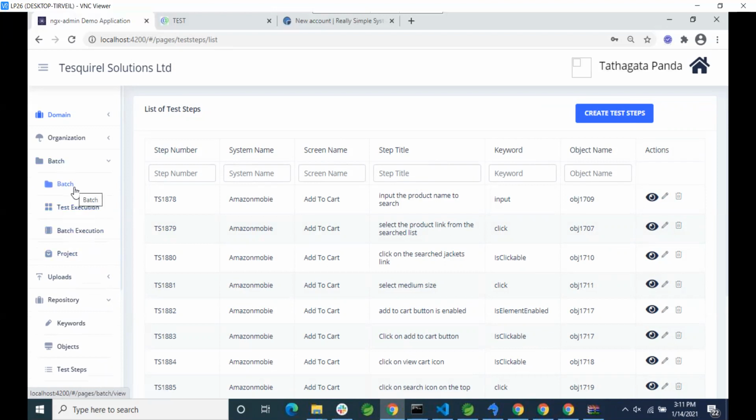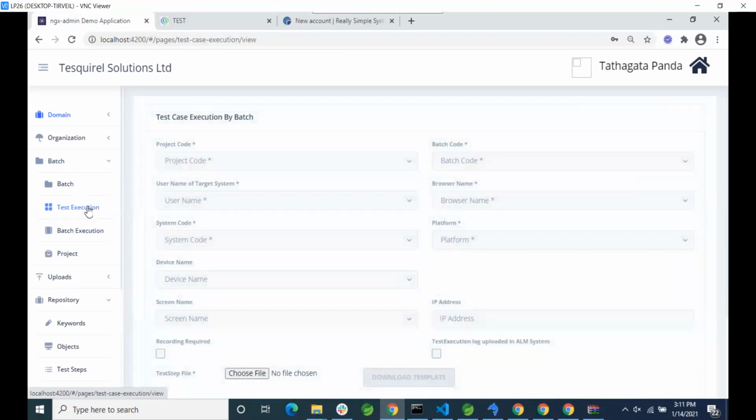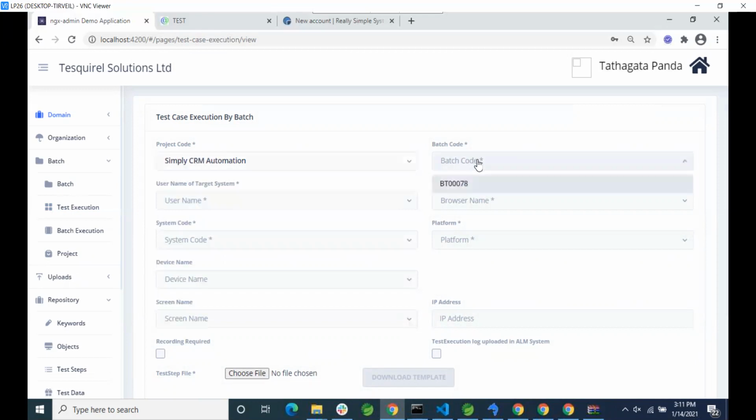To execute the test cases, open the test case execution by batch screen and enter required values. So we'll select our project, which is simple CRM application automation, and then the batch, which has the system code mapped as simple CRM. And then we will select the user ID, which we are going to use for login in simple CRM.